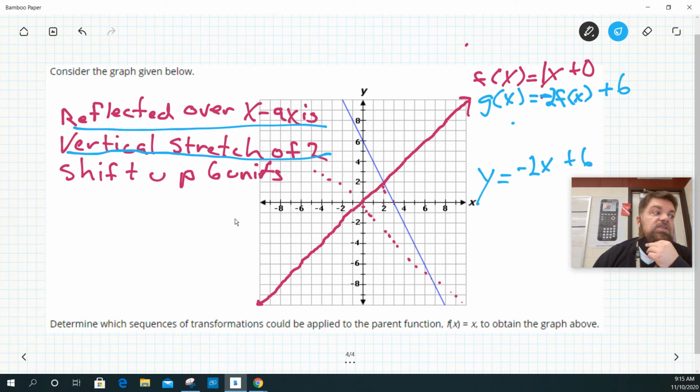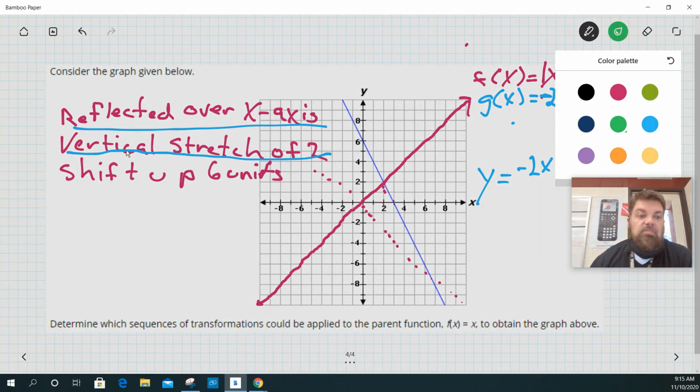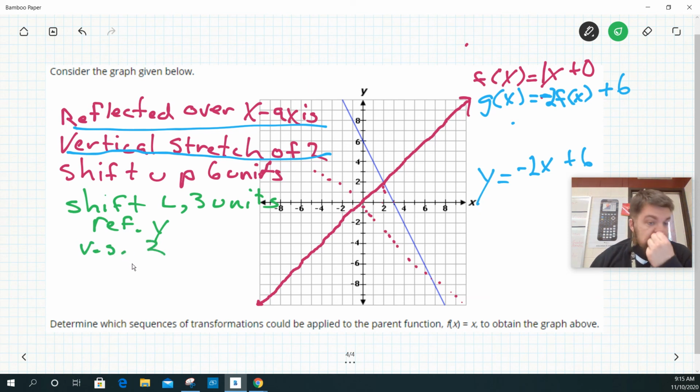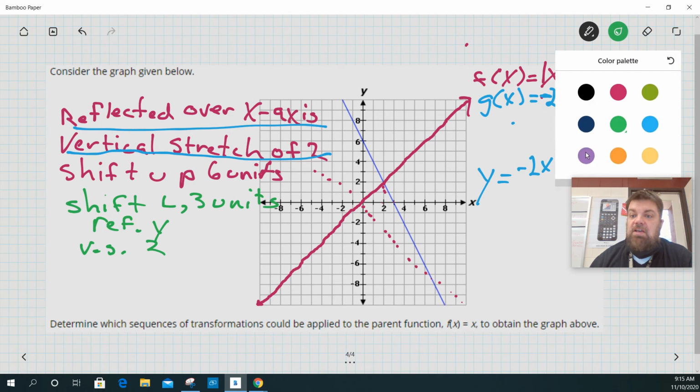Now, there's another way you could do that too. You could say that there's 3 scenarios actually. You could say that I shifted left 3 units, reflected over y, and vertically stretched by a factor of 2. And then the last scenario is that I reflected over